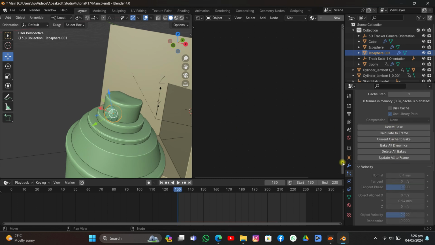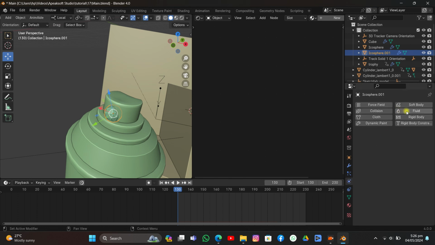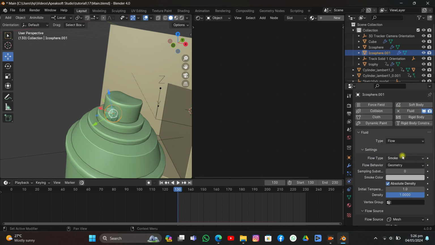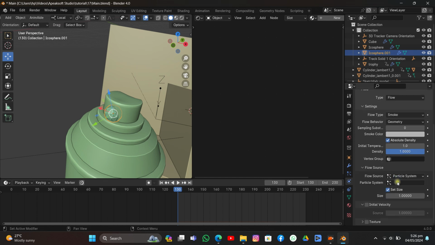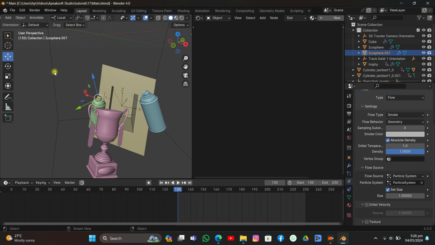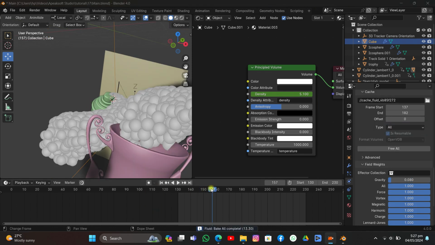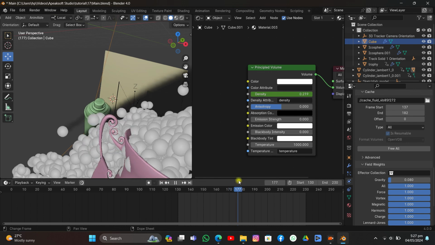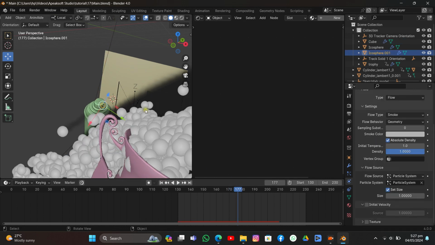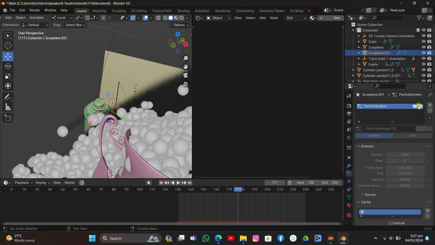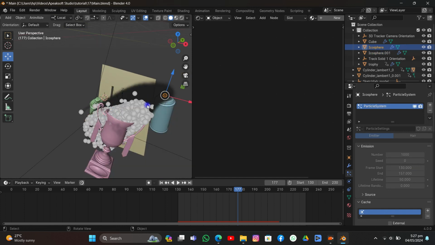And then go to physics, fluid, add a flow, it's a smoke, make it a particle system, add the same particle system. Okay, so now let's click bake. Okay, so it's baked, and as you can see, we do have a smoke, but the smoke is not so much, because the behavior is set to